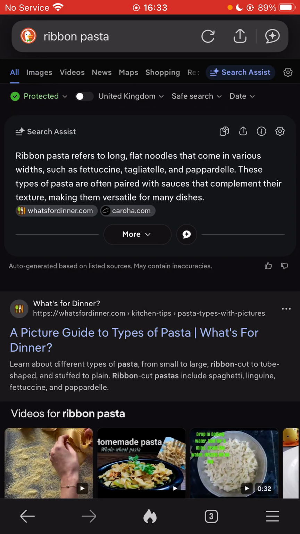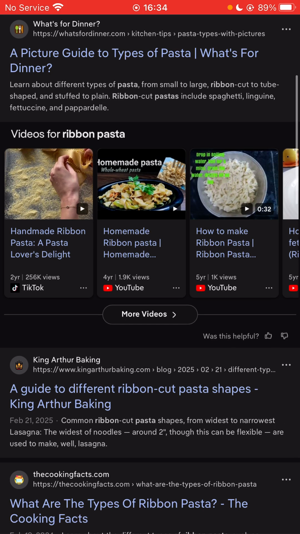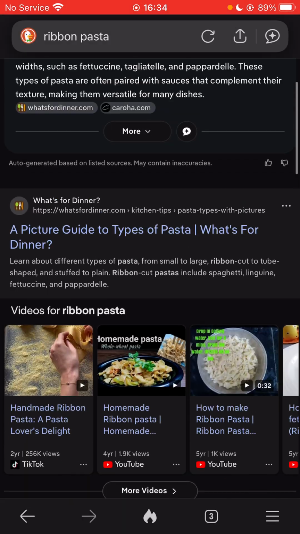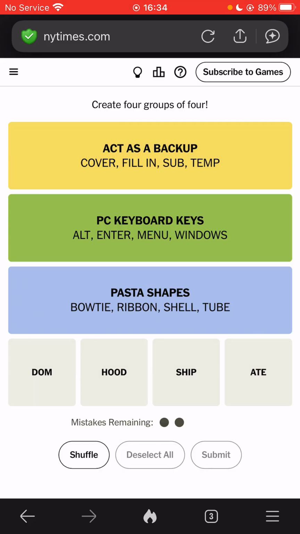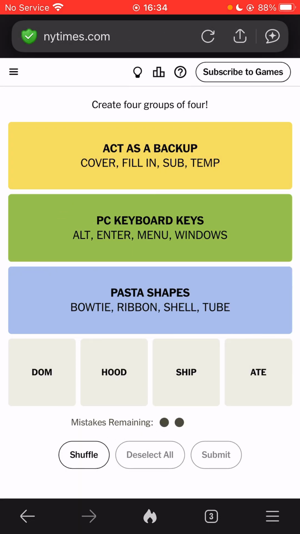Okay, let's see. They call that a ribbon. Why ribbon? Ribbon cut. Bow tie, so farfalla, linguine, shell, tube. Tube pasta, like ziti, I guess. And shell, like,